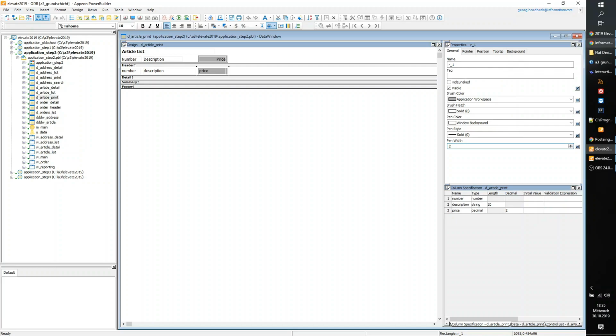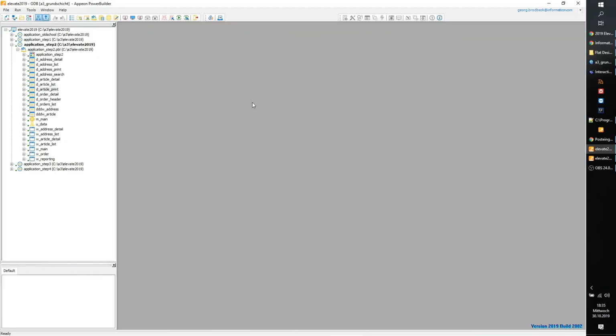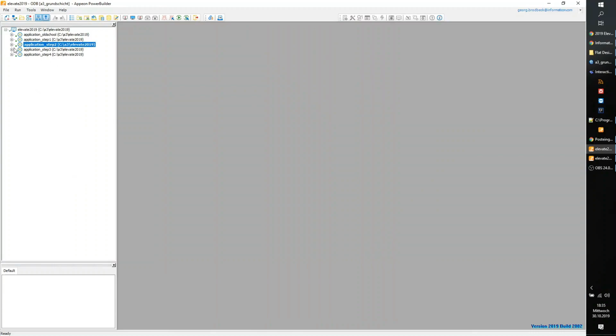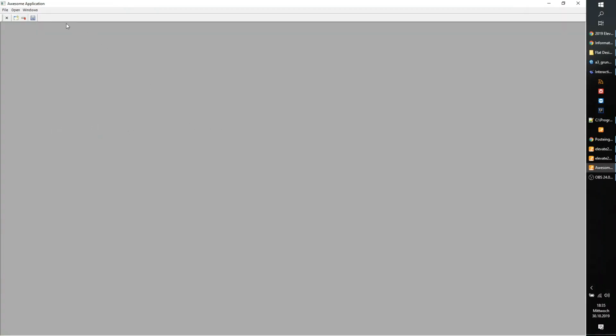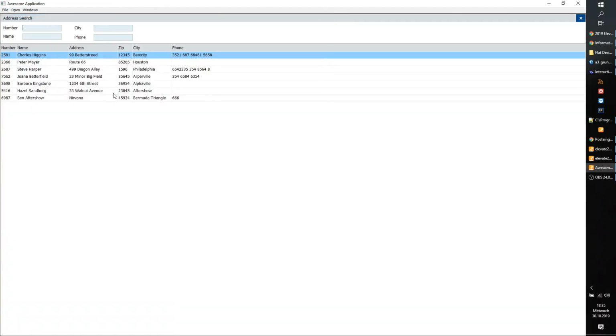Step 3. In step 3, I finally got rid of these ugly window frames. And I just made them full screen. That's it. So to make them full screen, I just changed the main frame window from MDI to main. If you want to keep it MDI,